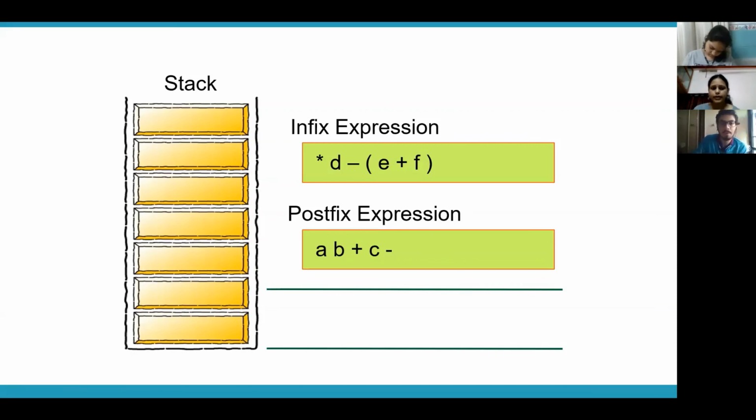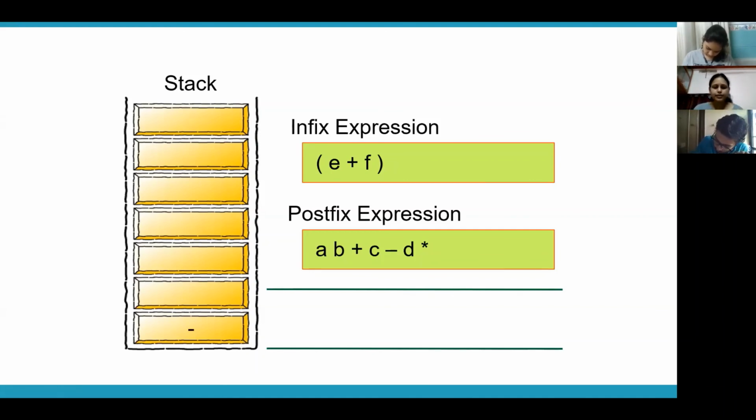Next, which is the character? Into, and there's nobody in the stack. So no problem, into goes inside the stack. Next is D. So D will go to the postfix expression. Next we have minus. So we know that there is a clash. Minus has lower priority than into. Into is in the stack. Into has a higher priority. So higher priority person will not like to be entertained along with the lower priority person. So higher priority person has to go outside. So into has gone outside and minus has come inside.